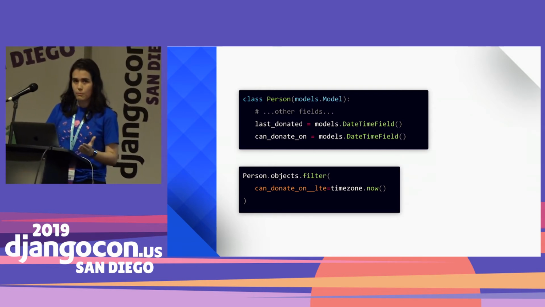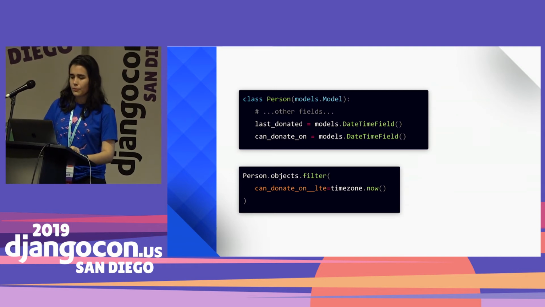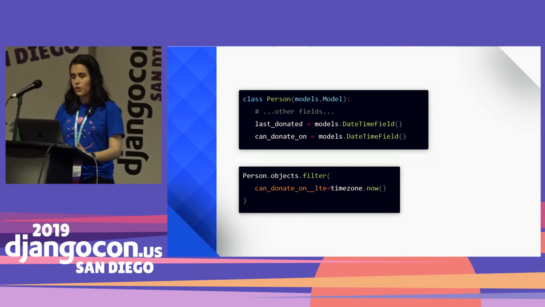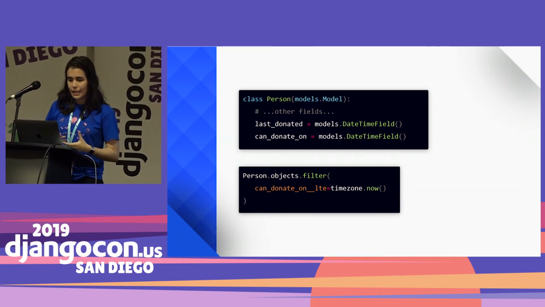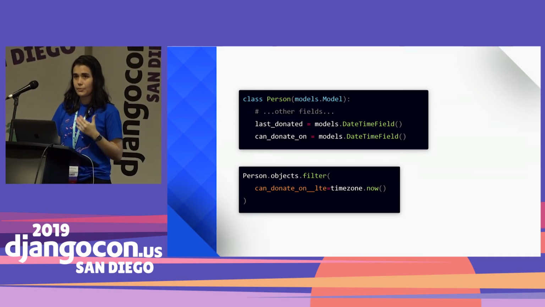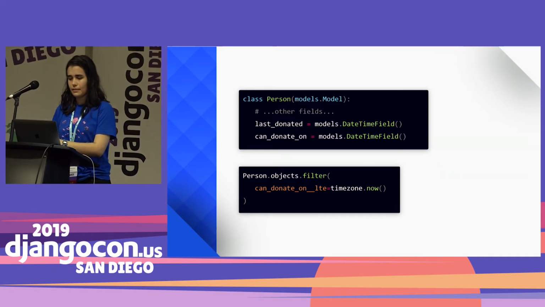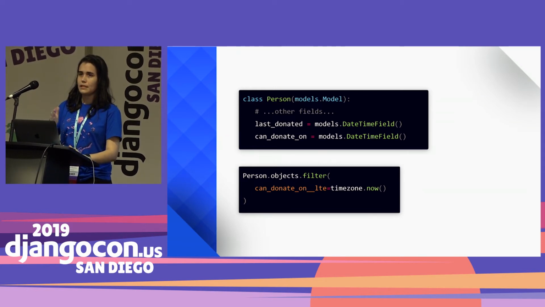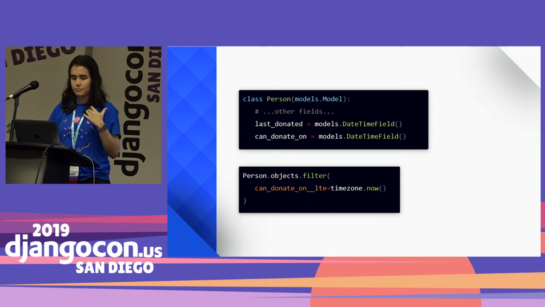So we have our person model here that you already know about, with two fields, last donated and can donate on. And theoretically speaking, when last donated gets updated, we should update the can donate on as well, with 56 days ahead. If you want to get people who can already donate, you could do something like this using filter: less than or equal to today's